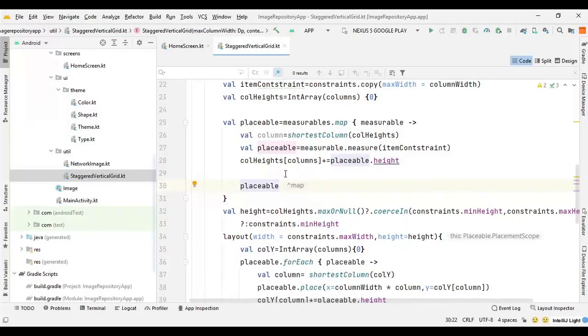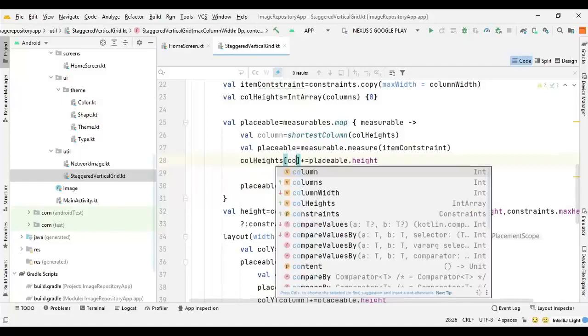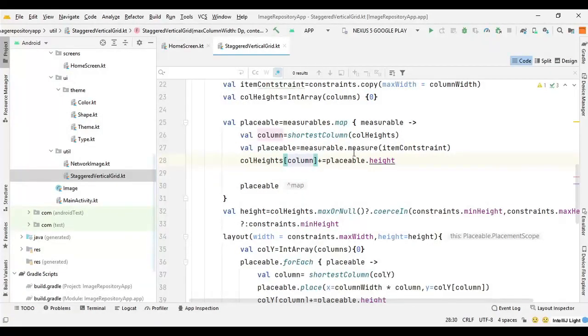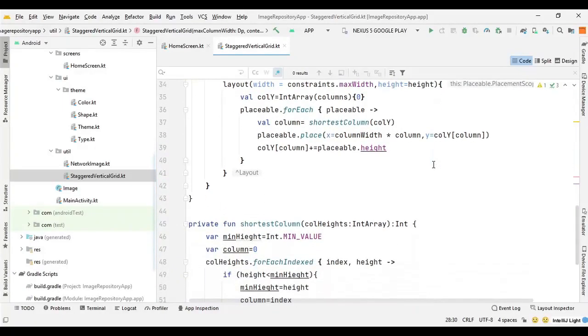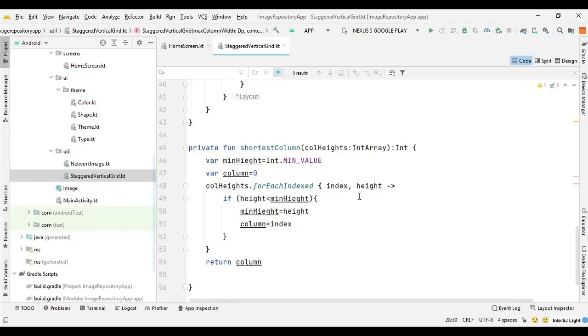Okay, here we need to pass the shortest column, this column, and not the column that we defined. So we can say column, and we are good for this staggered vertical grid, and it's not easy to get it first go.